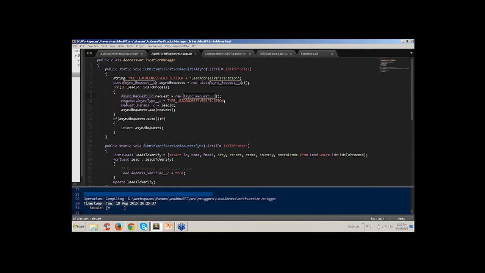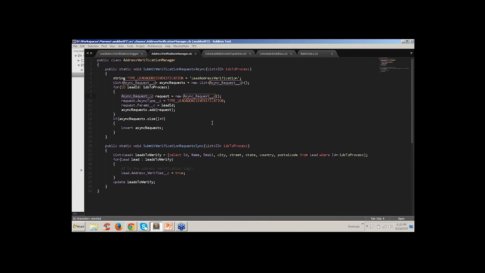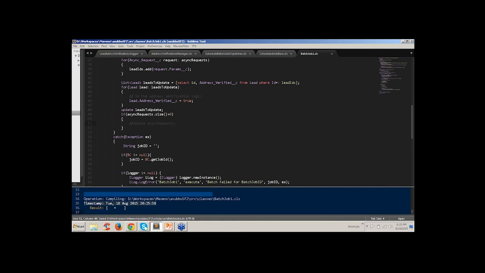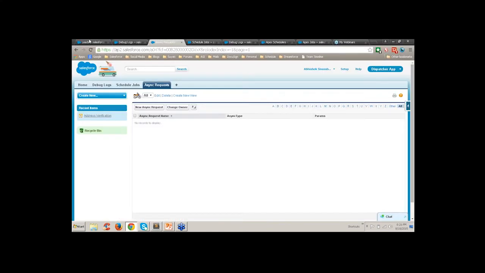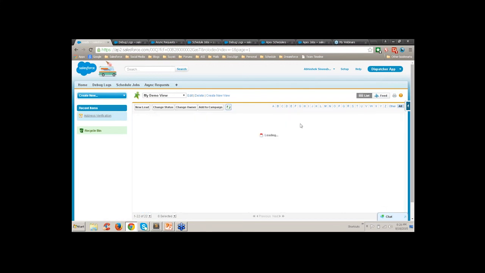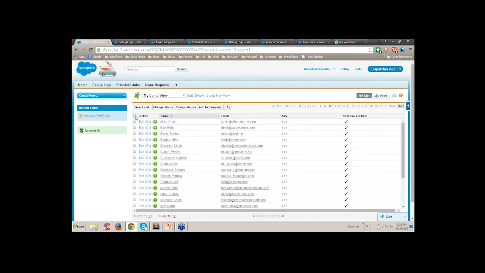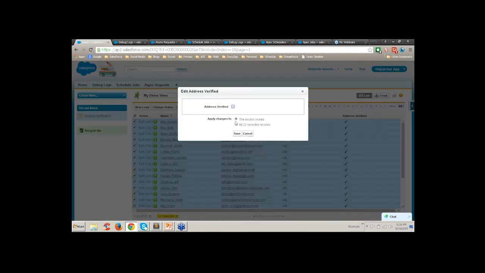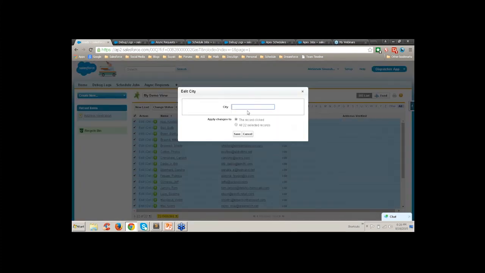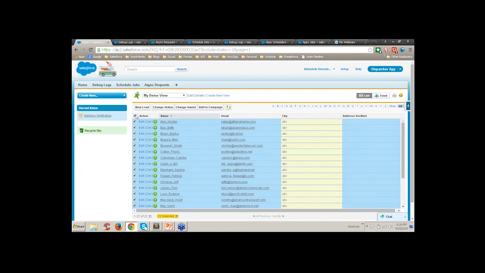So we'll see how those records look. Okay, so I'm going into the leads here. You can see that I have a lot of leads, and I'm going to select all of these, make the address verified as unchecked, and basically change the city so that the address changes here.